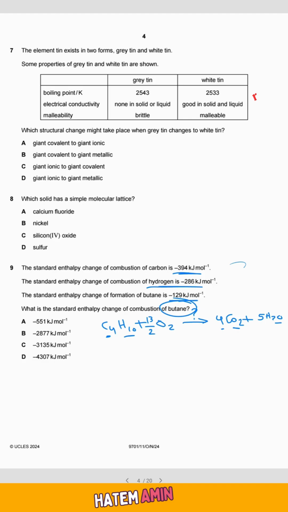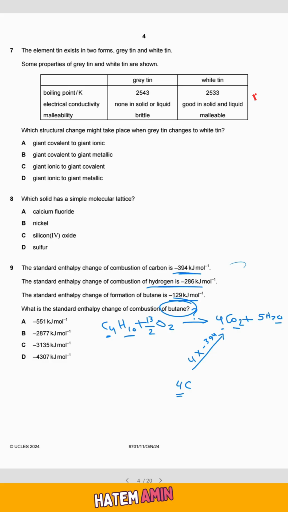And he gave us some information. What is this information? He said the butane is composed of carbon and hydrogen, so of course, carbon combustion. How many carbons do we have here? We have 4 carbons. So 4 carbons undergo combustion to give us carbon dioxide. It can give me carbon dioxide with an enthalpy change of minus 394 kilojoule. But how many carbons do we have here? We have 4. So it should be 4 times minus